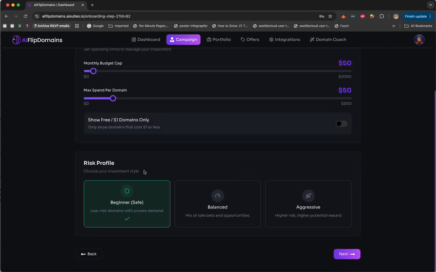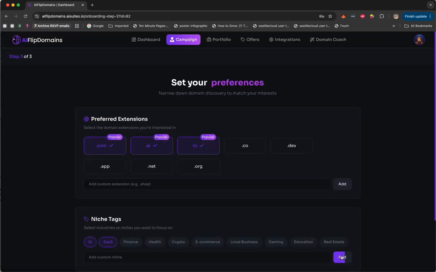Now we want to see how much of a risk appetite you have. With the risk appetite, the AI will try to experiment with highly low-trending keywords that only a few people know when they want the domain, not a lot of people. So in our case, let's say beginner: let's go with the low-risk domains with proven demand